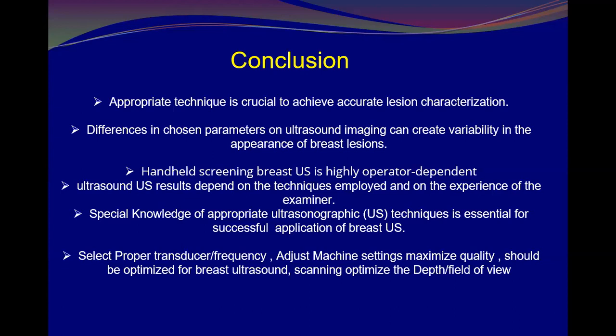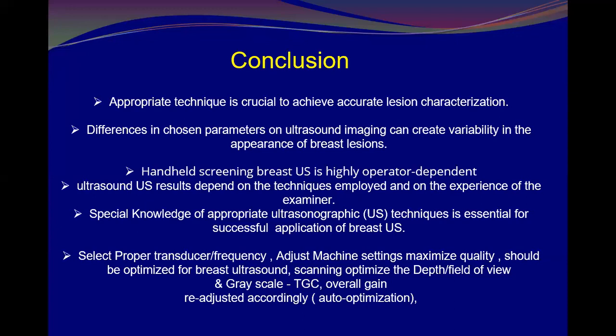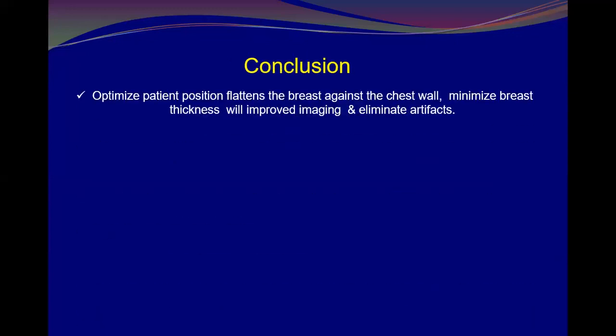These include optimization of the depth or field of view, the grayscale or TGC, time gain compensation, and overall gain. And in case of identifying lesions, we have to readjust accordingly unless we have a machine with auto optimization. Optimize patient position, flatten the breast against the chest wall, minimize breast thickness, which will improve image quality